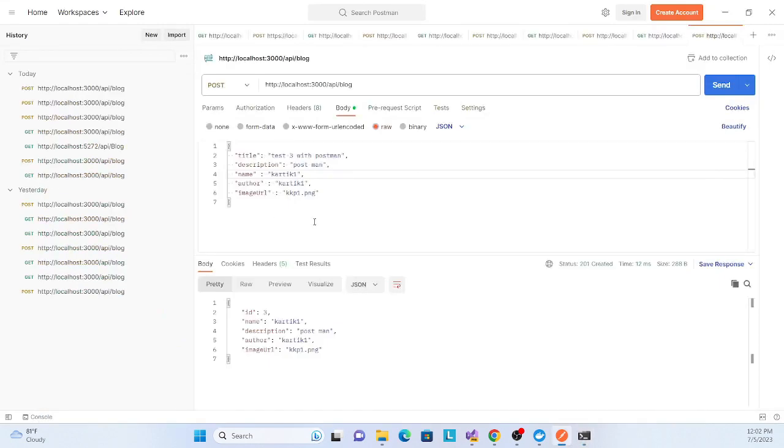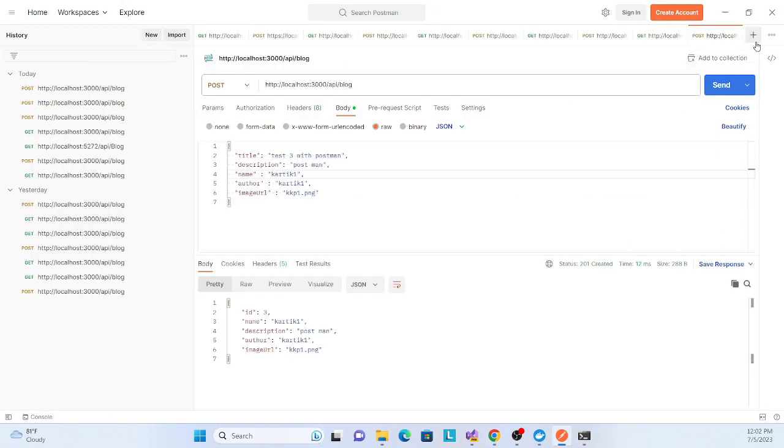Okay, that means our container is working fine. And let me check the data once again in the browser first. See, whatever I inserted, I'm getting the data. Okay, so this is very nice and very easy.